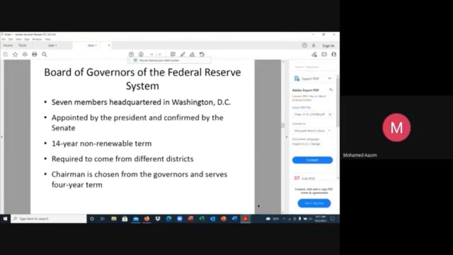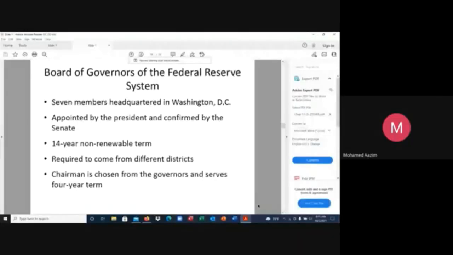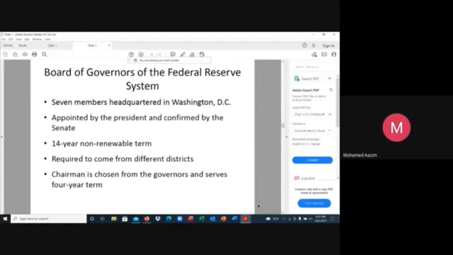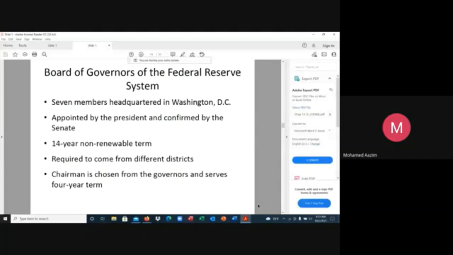And you already know there are 7 members in the Board of Governors, right? They are headquartered in Washington. Despite all these Federal Reserve banks operating in different parts of the US, these 7 members are headquartered in Washington. In the case of Sri Lanka, we have a 5-member monetary board. And other countries have very specific policy making bodies, boards, but the number of members differs based on their arrangements. And I believe the ECB, European Central Bank, will come to that. They have 12 members,